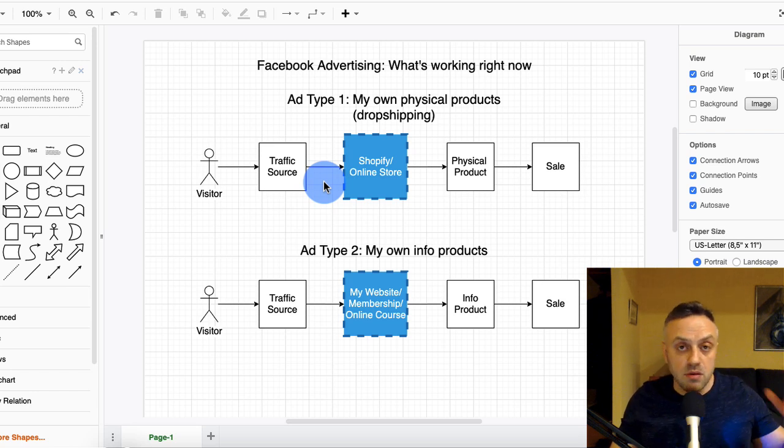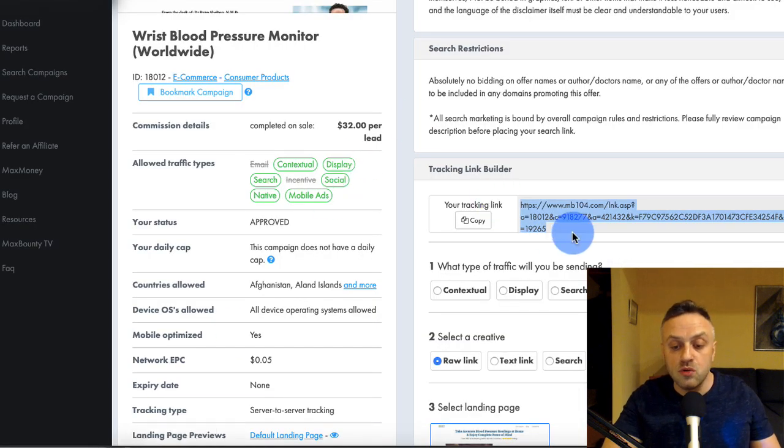You don't need any of that. You can just direct link to the store. But in this case, you're basically direct linking to some kind of affiliate link. And Facebook knows this MB104. It knows what it is, right? So it's probably going to ban you, right? It's probably not going to allow it. And also, if you use Bitly, Facebook can detect it.